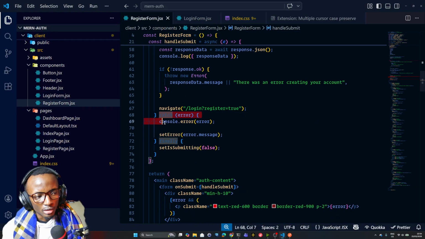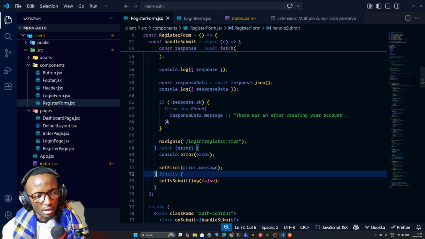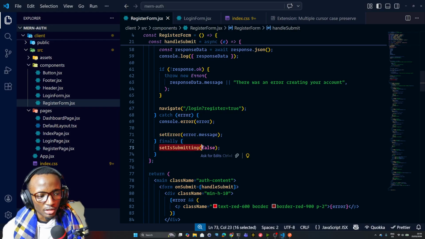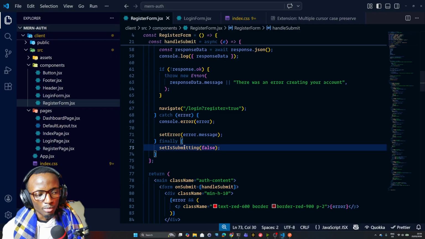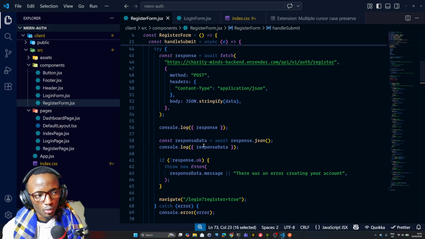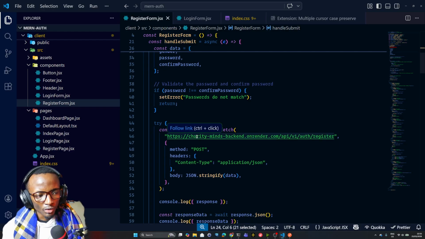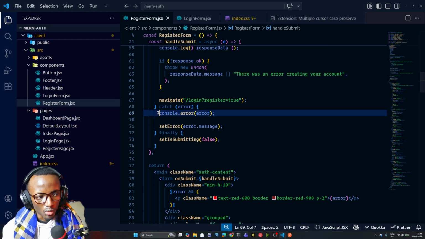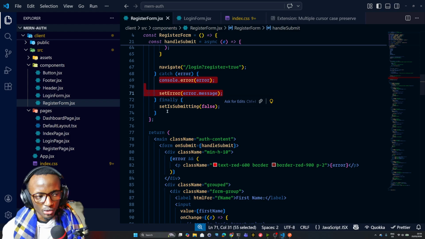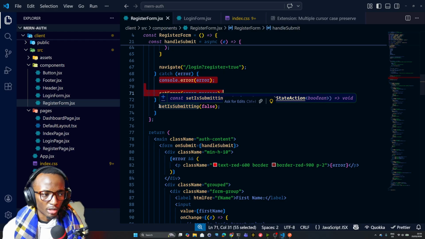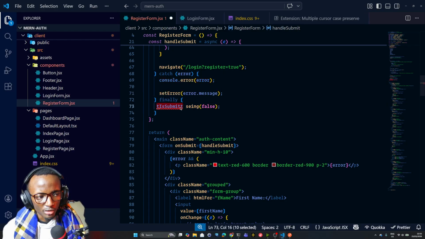In the event that there was an error, we want to give them the ability to enter the form again. And so we set is submitting back to false, because is submitting being true, which was done at the very top here, setting it to true disables the button. If that button is not re-enabled, then if the user has encountered an error, they will not be able to submit the form again until they refresh the page. Now that is bad user experience. So you set the submitting back to